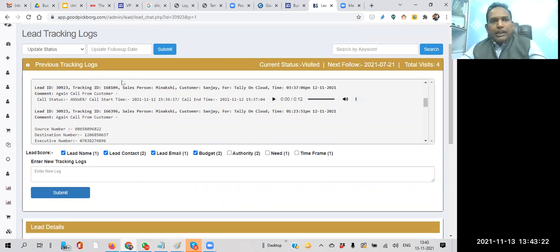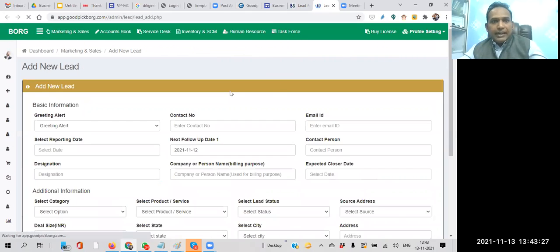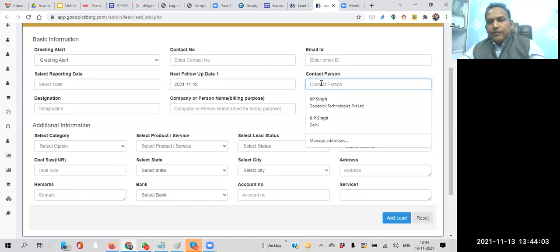Let me open a new tab for lead name also, so that you can have a detailed idea. This is a form you need to fill while capturing any lead received from any source. So what are the important parameters we must have before entering this into the system? One is the contact person name, whom we are going to coordinate with. Number two, the contact number. If the contact number is not there, we can't do anything with that particular lead. That will remain only junk database for our system.